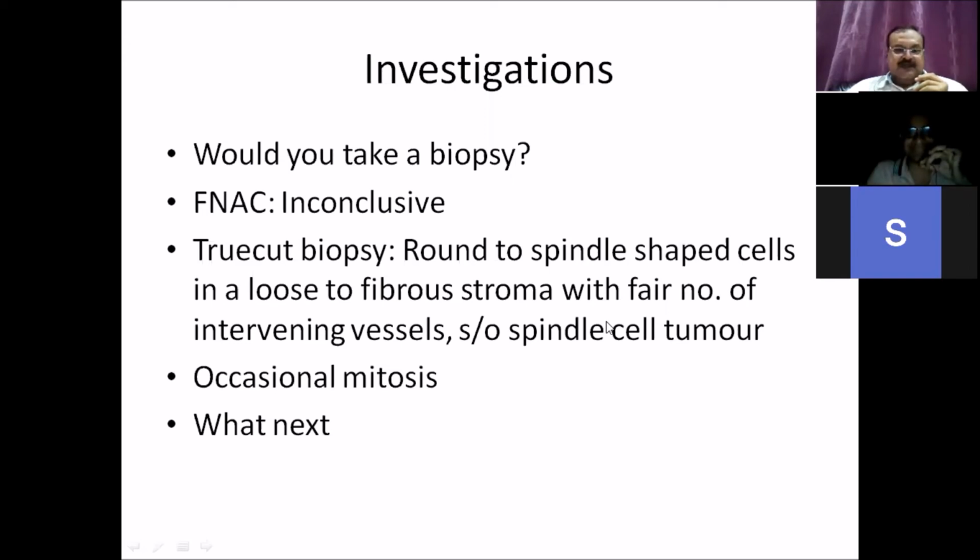So Ajay, what are the spindle cell tumors with fibrous stroma and occasional mitosis? Can you name a few? Rhabdomyosarcoma, spindle cell. Wrong. See, occasional mitosis means it's a benign tumor. What does occasional mitosis indicate? It indicates that it is a benign tumor. So you are still thinking of liposarcoma and rhabdomyosarcoma. A lot of people are saying fibrosarcoma, synovial sarcoma. No. Fibroma, yes, it can be a fibroma.